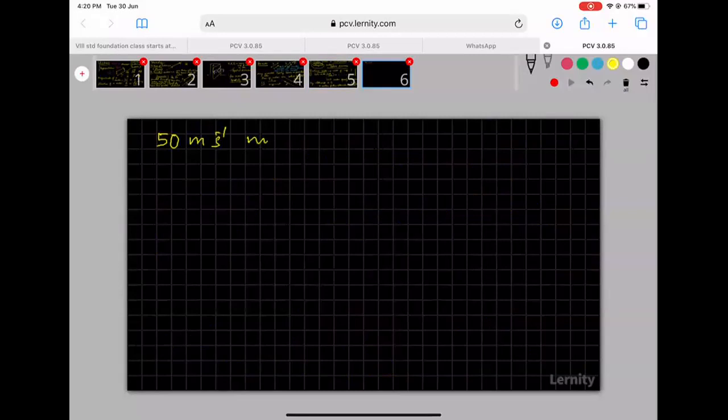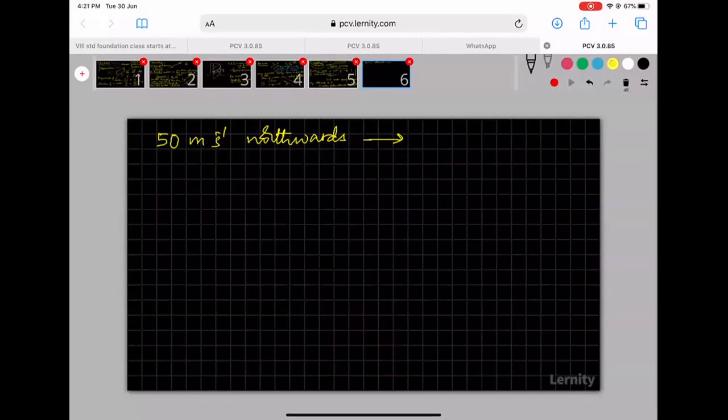Say, for example, 50 meters per second northwards. How do I write this? If I have named northwards as n cap, that is only a convention. I just named northwards as n cap. That is not the proper definition of n cap. Northwards may not usually be called n cap. You can give it a different name also, no problem at all.